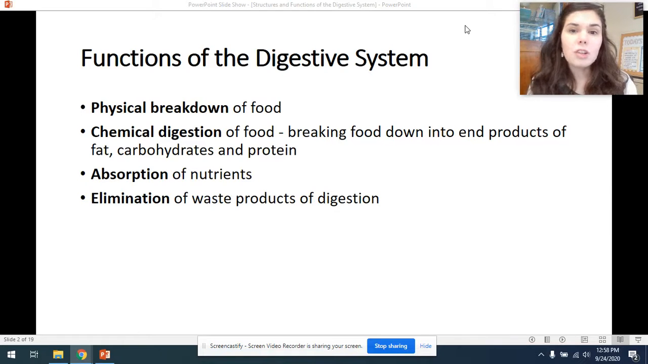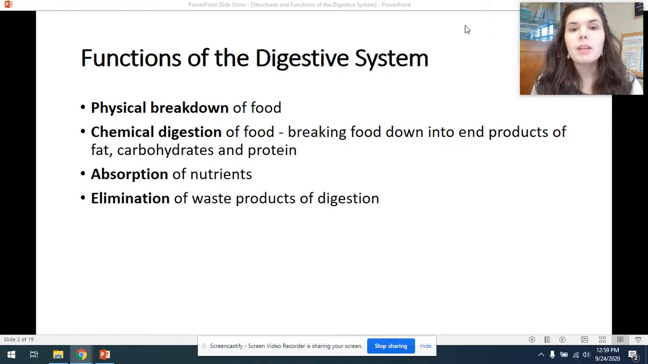The four main functions that you're going to be learning about are the physical breakdown of food, which is also referred to as mastication. This is the actual chewing and breaking down of the food within the mouth. Then we have the chemical digestion of food, which is the breaking down of the food into its end products, such as fats, carbohydrates, and proteins. And tomorrow during a lab, you will learn a lot more about those enzymes that play a role in chemical